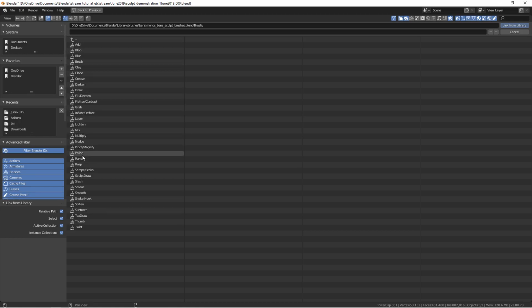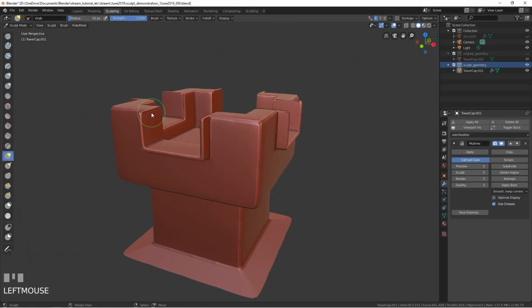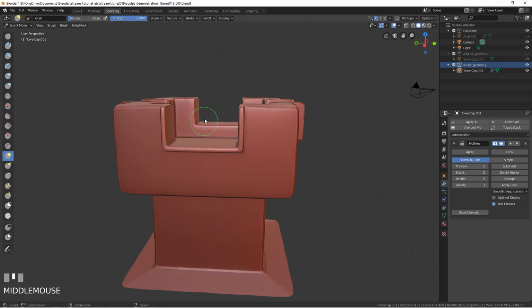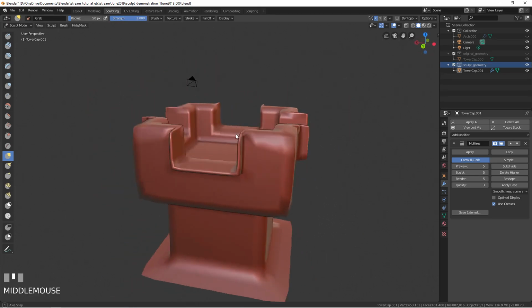Now the Ben Simmons brushes are Rake, Rasp, and Scrape, Crease. One more. Where is it? Slash. Rake, Rasp, and Slash. The rest of them are the default brushes. You don't want to link those in because you've already got them. So now that I've got my brushes linked in,